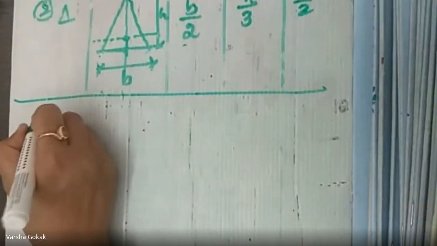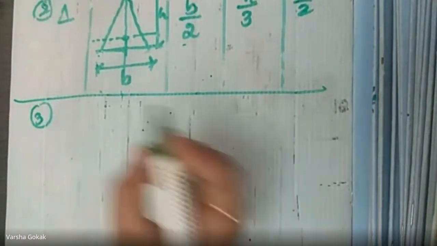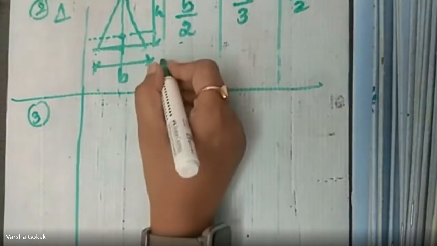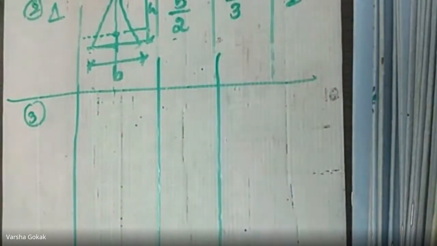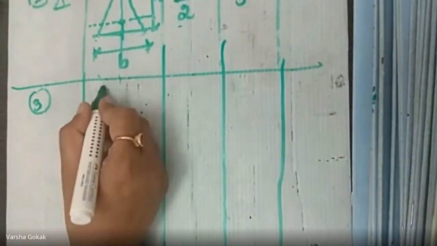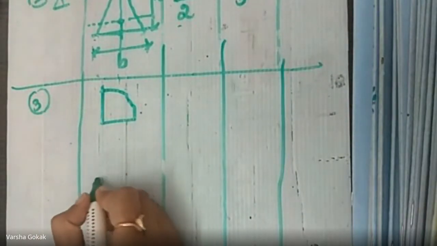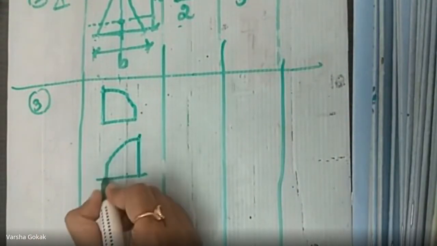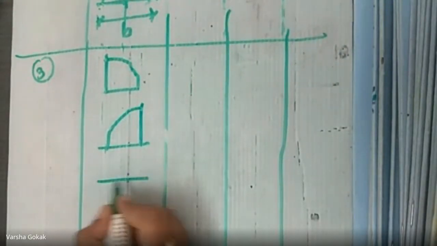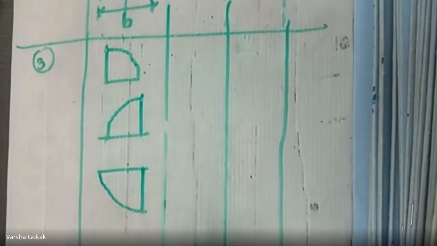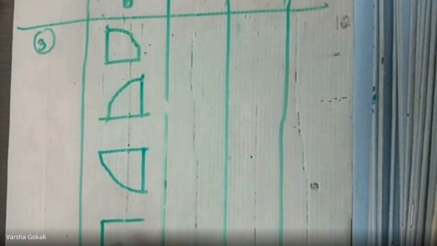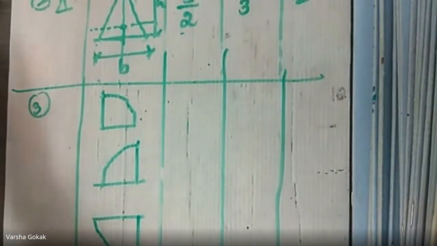Next, we will go ahead with a quarter circle because we did a quarter circle today, correct? So say I will go ahead with a quarter circle. Now quarter circle can be placed like this, like this, like this, and like this. Right? So we'll go one by one. Let's see what are the x bar, y bar values.